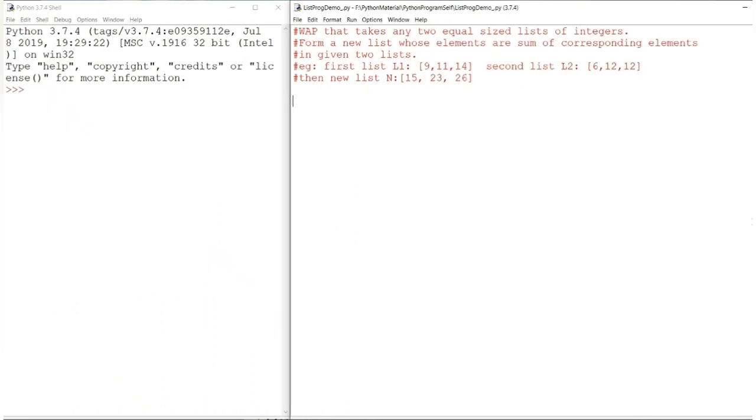Next, let us write a program that takes any two equal size lists of integers. Then we'll form a new list whose elements are the sum of corresponding elements in the given two lists. For example, if the first list is 9, 11, 14 and the second list is the same size, that is 3 elements, 6, 12 and 12, then the new list, the final result n, is 15, 23, 26. It means L1[0] and L2[0] are added